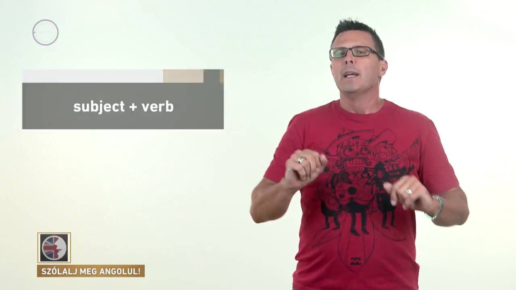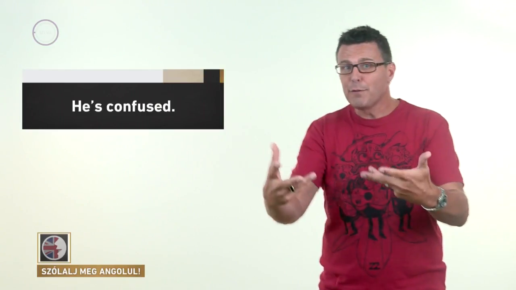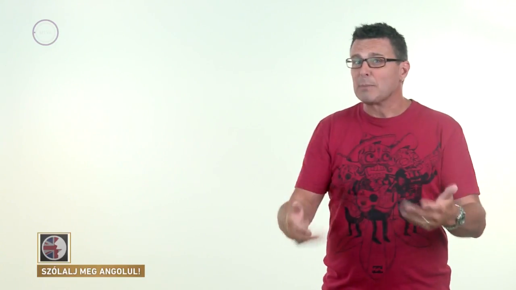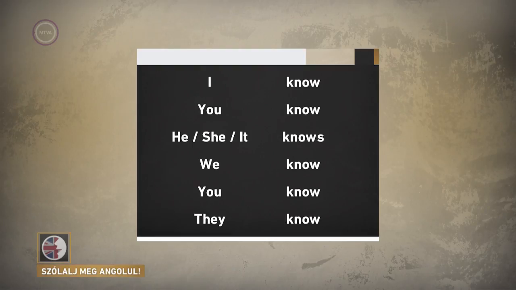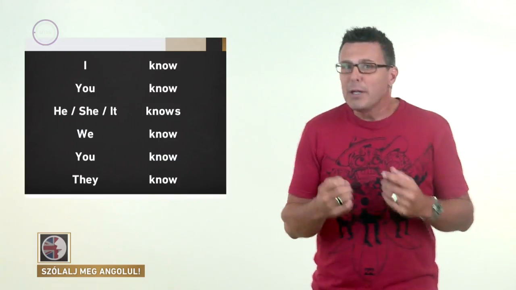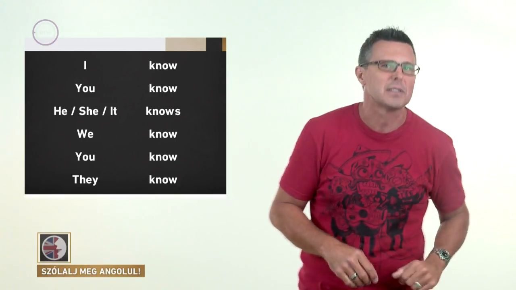Okay. But what's wrong with Yoda's verb? I mean, he's put the verb to know there, but there's a problem, isn't there? Yes, he's forgotten to conjugate the verb. He's confused. If he was using the subject I, then know would be fine. Think about the conjugation of the verb to know in the present simple. I know, you know, he, she, it knows, we know, you know, they know. Yes, like we all remember, if we're using the present simple, we have to remember that the form of the verb changes with the third person singular.